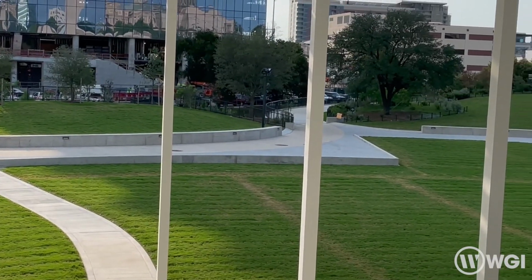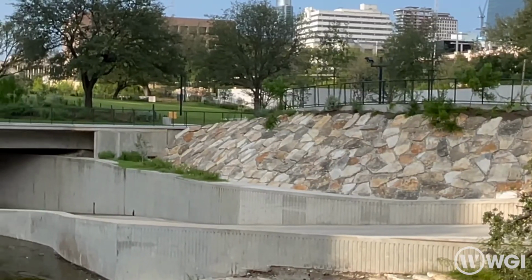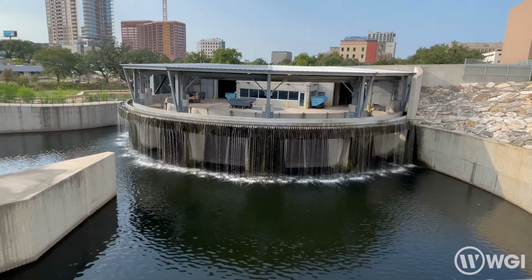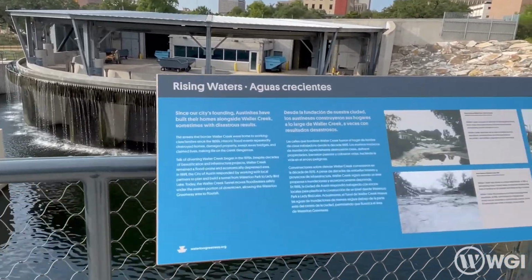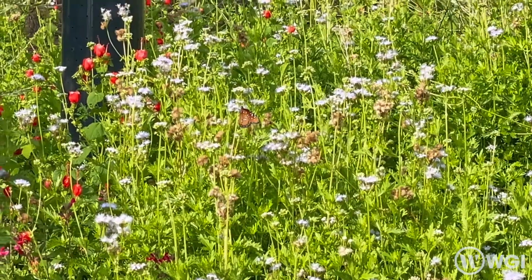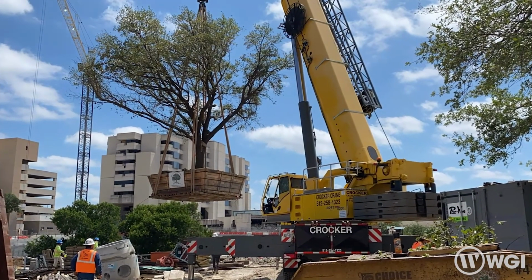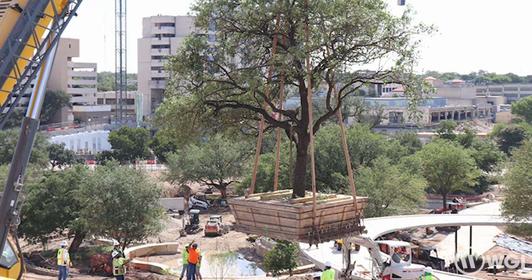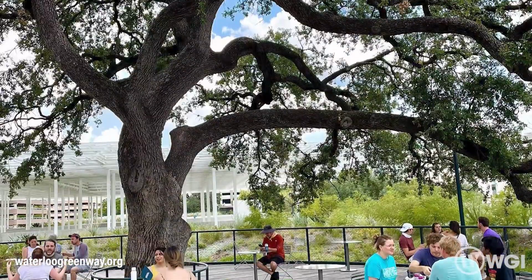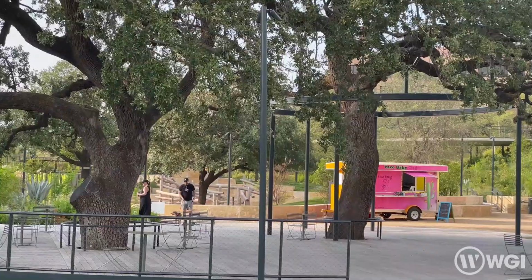The lawn in front of the stage has a rainwater cistern underneath it that collects the rainwater, that pumps it into the rain gardens, and also provides irrigation for the park. This park is designed to last, not just structurally, but in nature. A couple of heritage trees were moved to be maintained on site. Having these ancient live oak trees here for the community to enjoy is going to be a great thing to